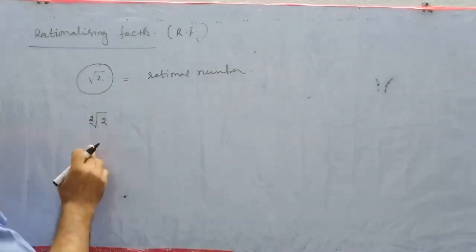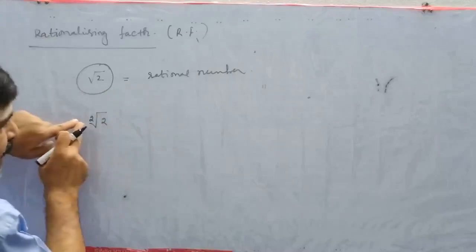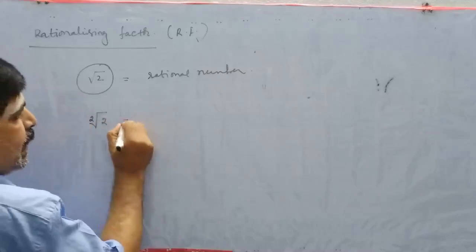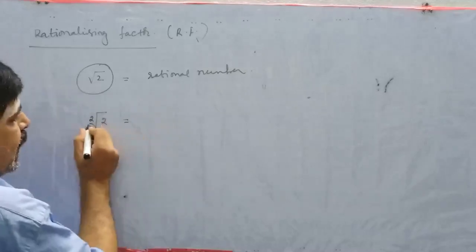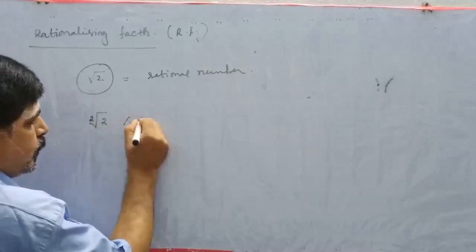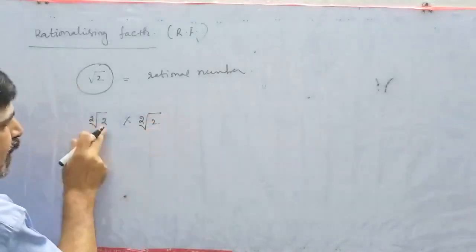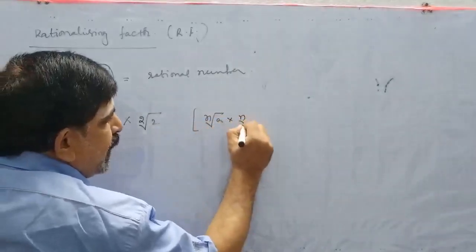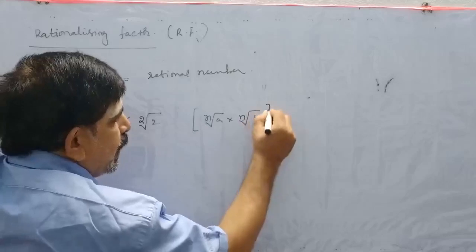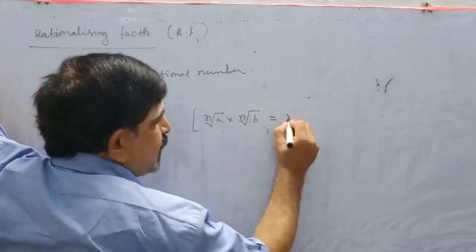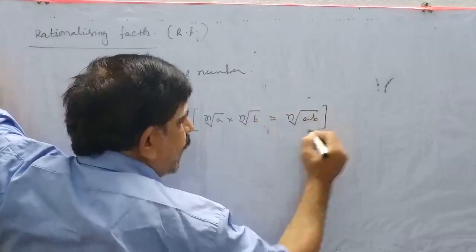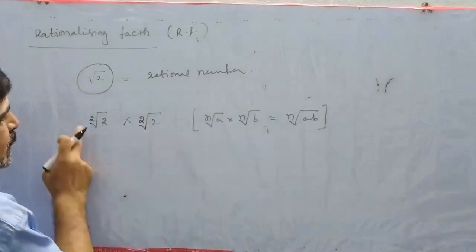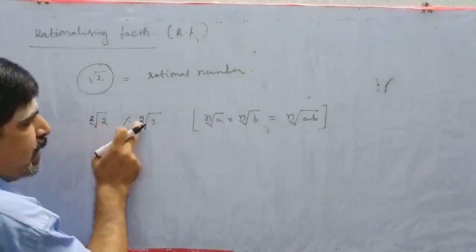Okay. Now with the same order, and with the same radicand we have to multiply this one, then we will get the rationalizing factor. See here, root 2 into root 2, that is square root of 2 into square root of 2. So now nth root of a into nth root of b. Just now we learned this formula. Okay, nth root of a into nth root of b is equal to nth root of a into b. Okay, so if the orders are equal, then we can multiply the surds.